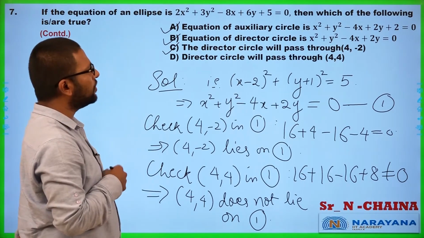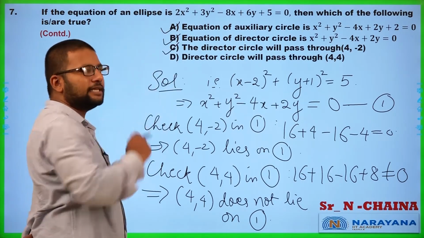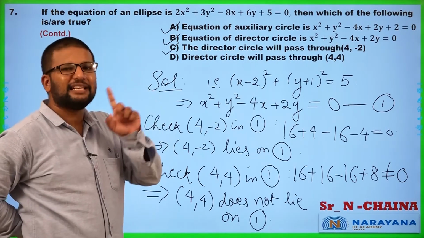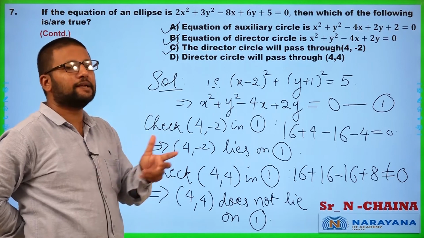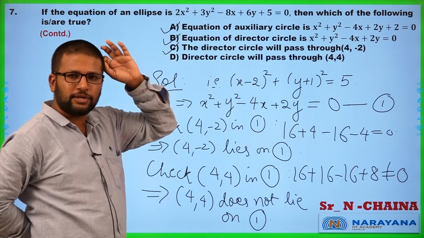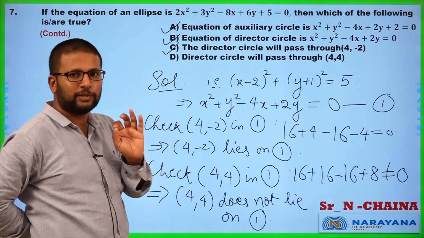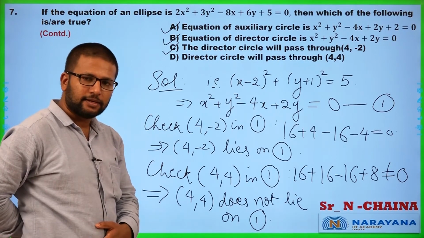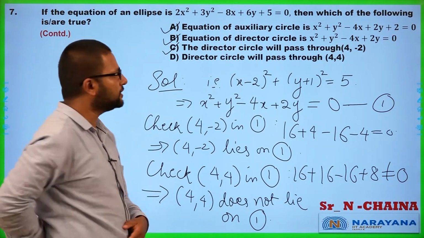Got it? So all you have to do is simplify this into a shifted ellipse, but for that you need to identify that this is a shifted ellipse. In general, if something is just a quadratic in x and y with no xy terms, look for completion of square. Once you have done that, rest of it is fairly straightforward. Shall we proceed? Okay, let us proceed then.